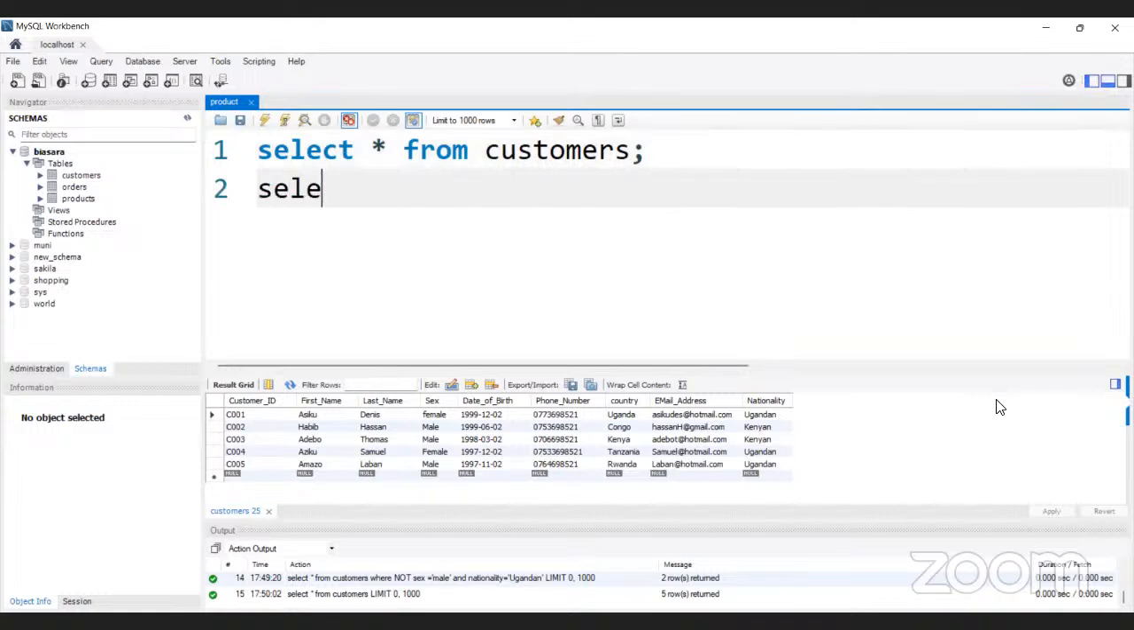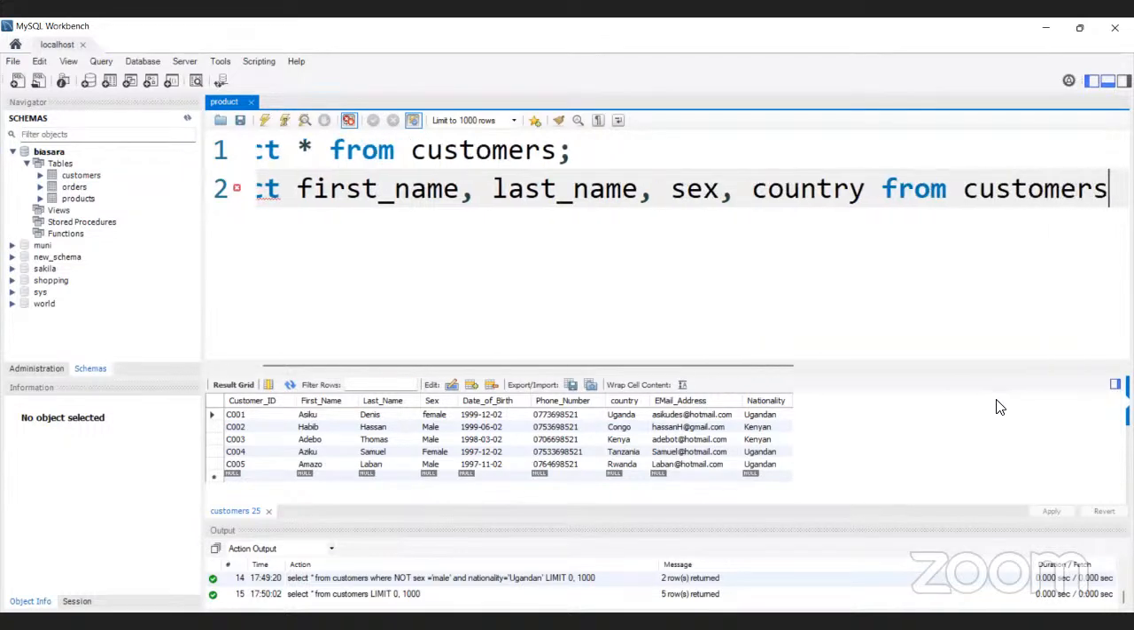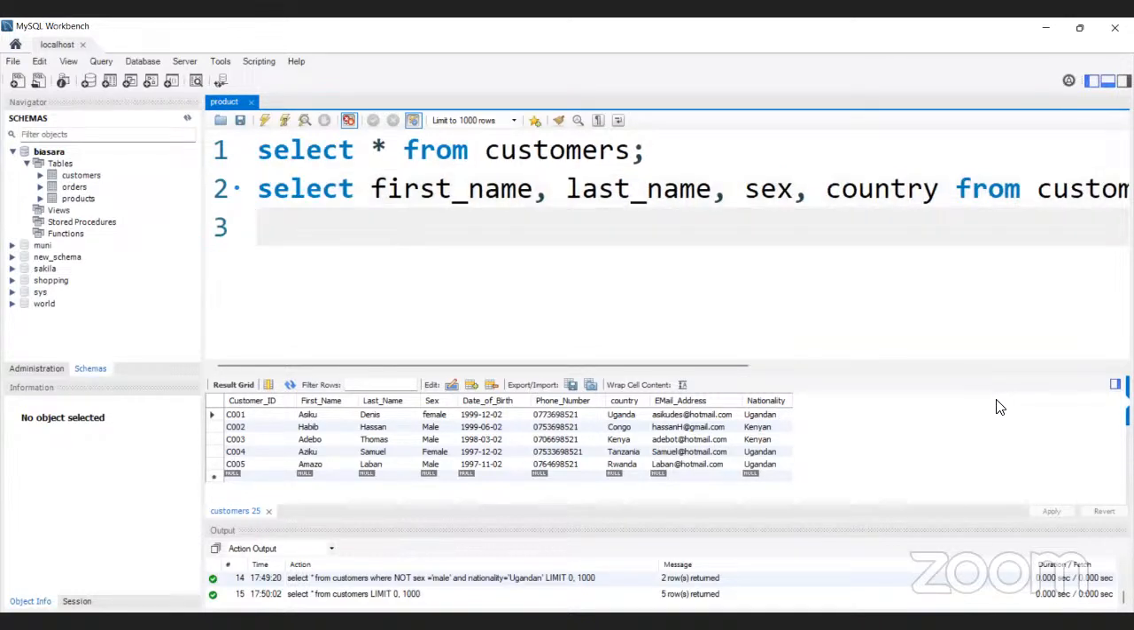We just come up, we say select first name, the last name, and the sex, and their country from customers where, one, we want the sex to be equal to, let us make the sex equal to female. That is one. And